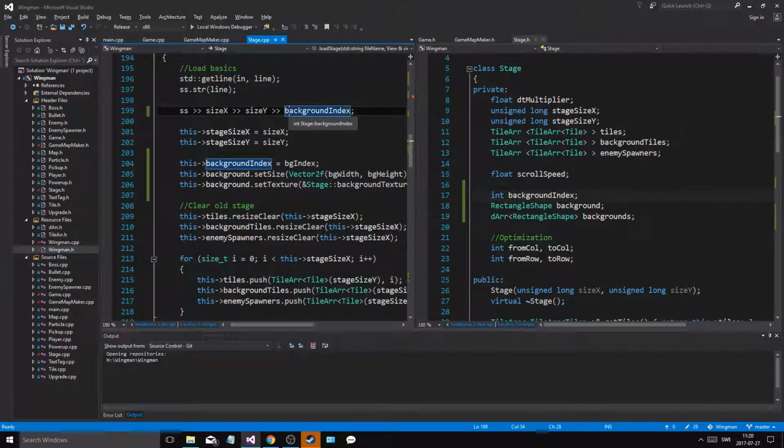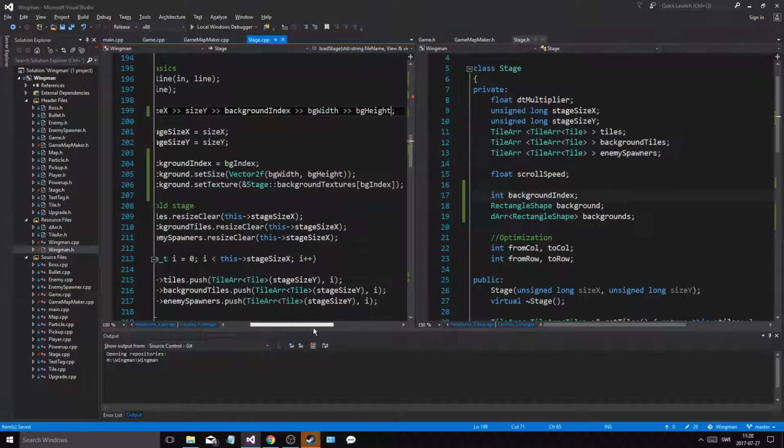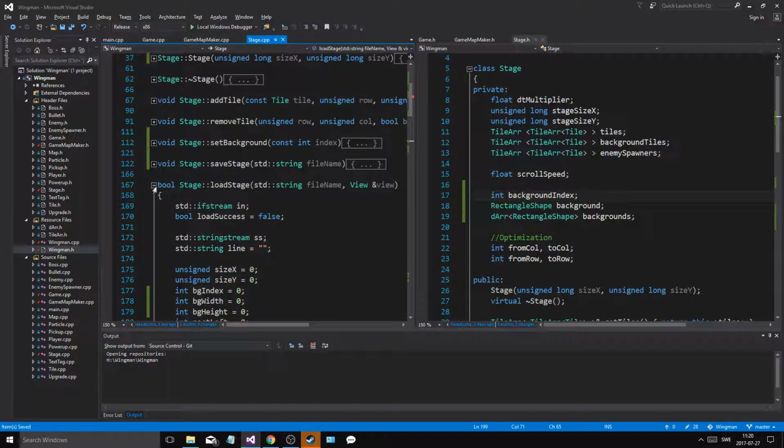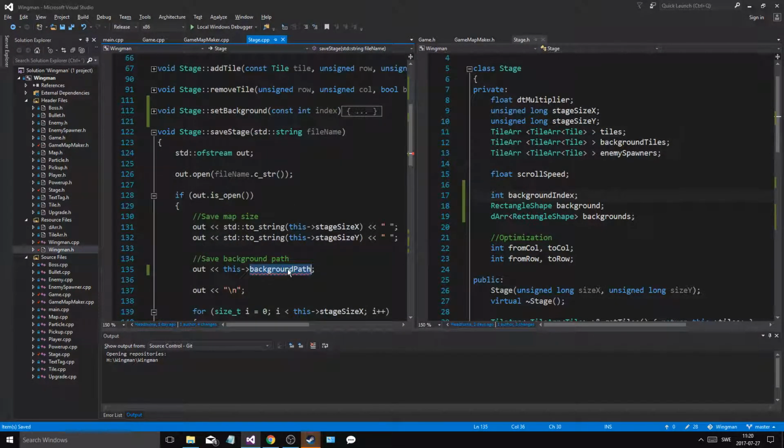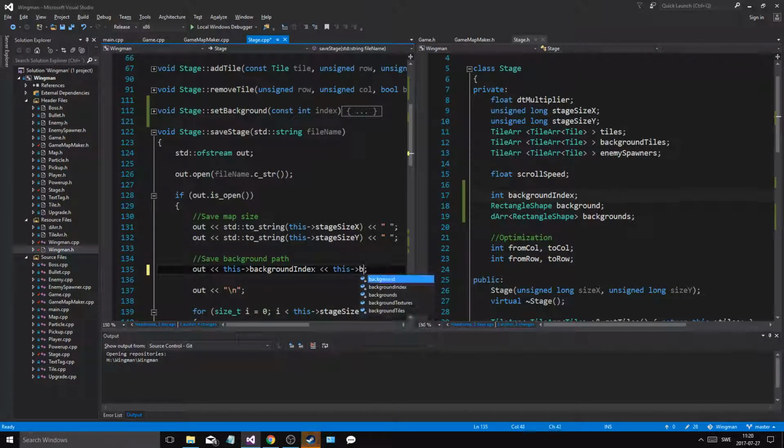And then what I'm gonna do is get the background index and then the width and the height, bg width, bg height. That's what I'm gonna do. I'm gonna go up here again into, I think it's save stage, out bg index, no, this background index, as I save, and then this